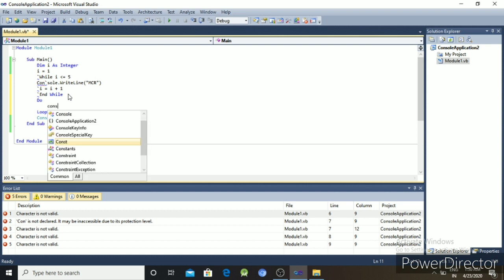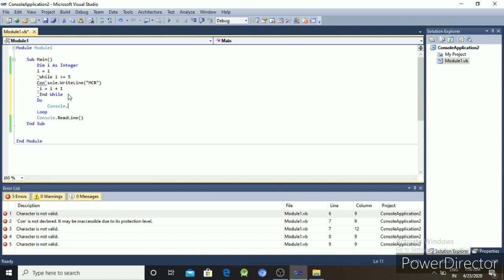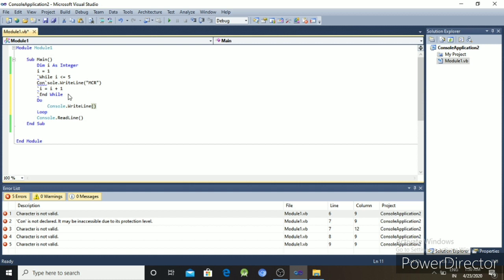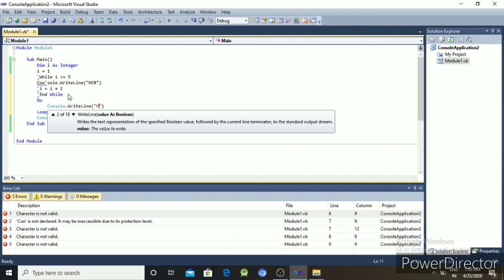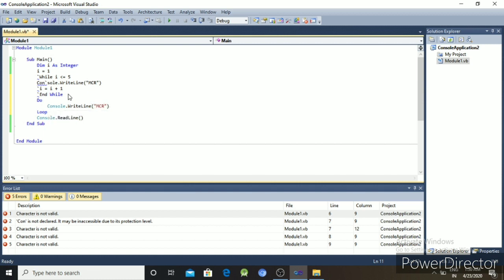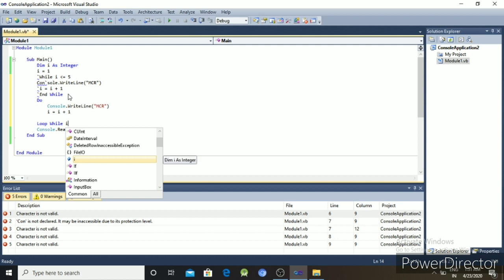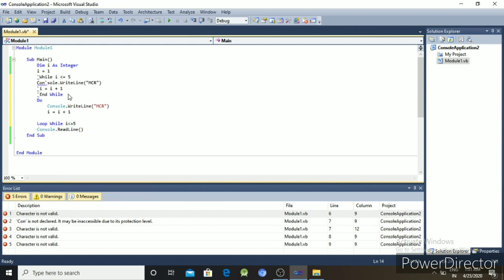Then Console.WriteLine MCR, I equal to I plus 1, then write the condition: Loop While I less than or equal to 5.